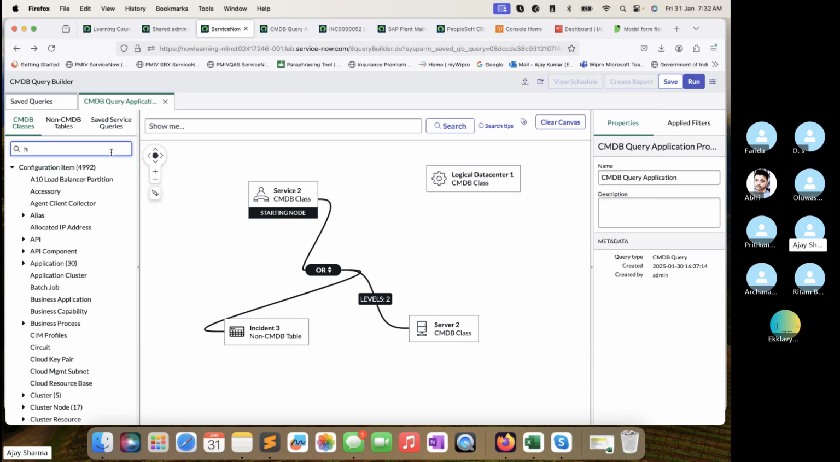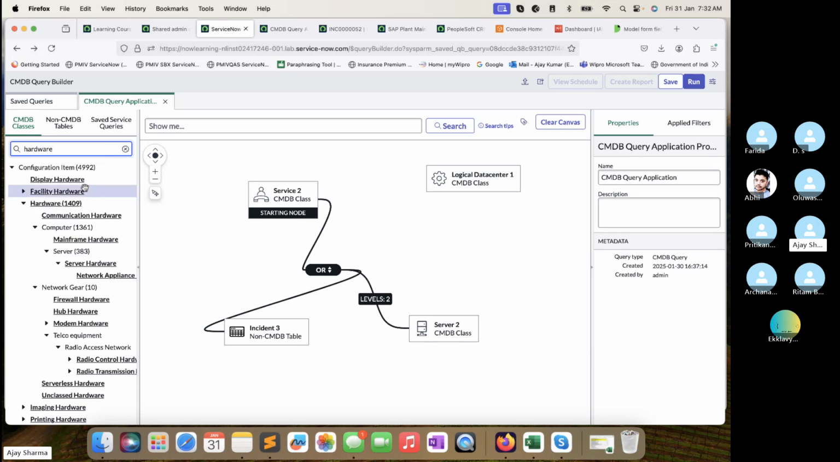Let me put hardware table. Okay, let me put